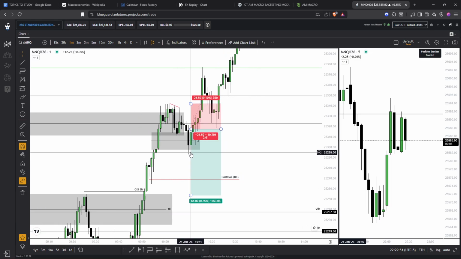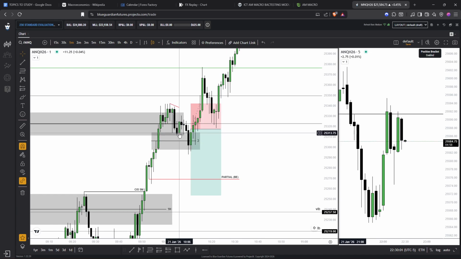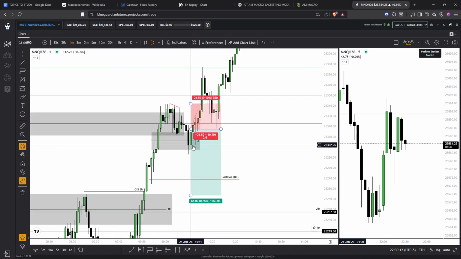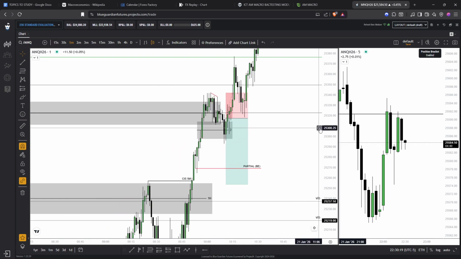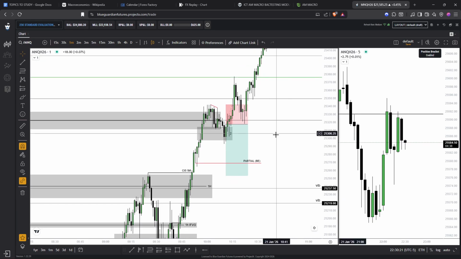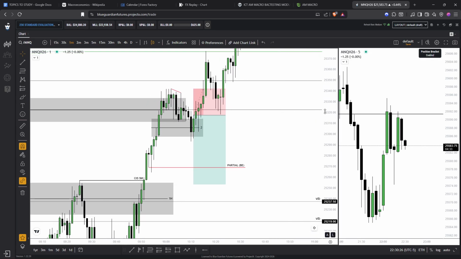I jumped into the trade a little bit earlier as well, because of macro time, 10:11. You could say I didn't force the trade, as we displaced through this 1 minute fair value gap, and we also closed below the 2 minute consequent encroachment. Then I thought we could most likely get some sort of a retracement. This was entirely a reversal model, so I should be a little bit careful with that.